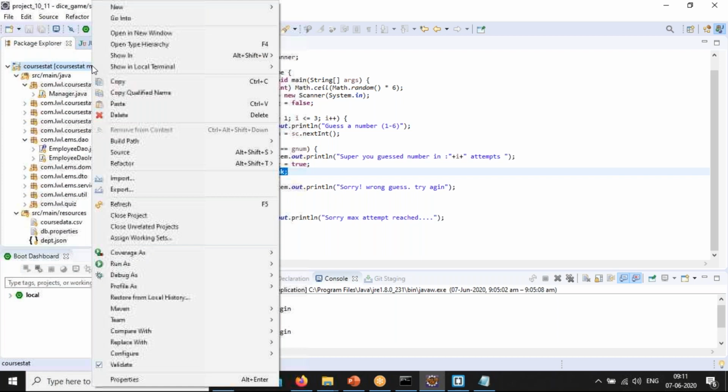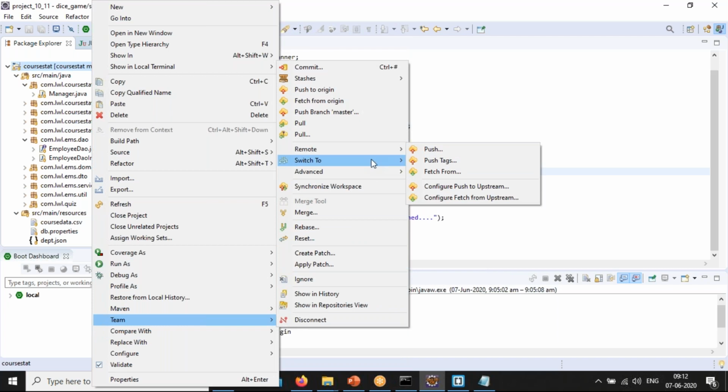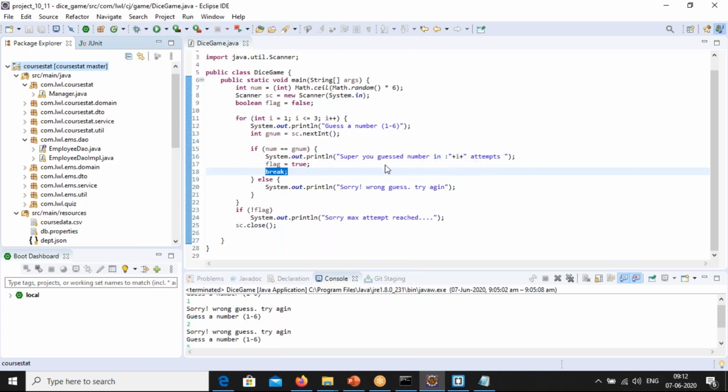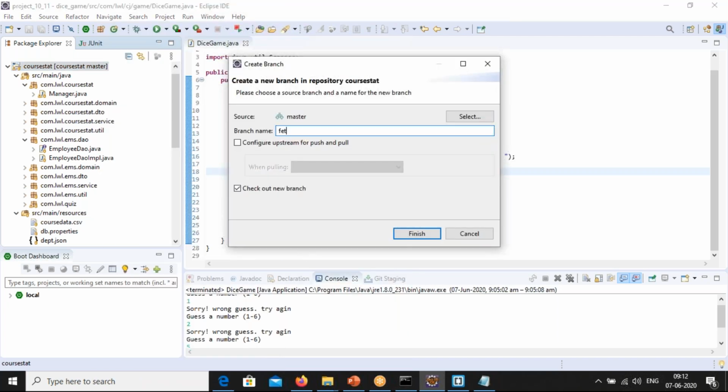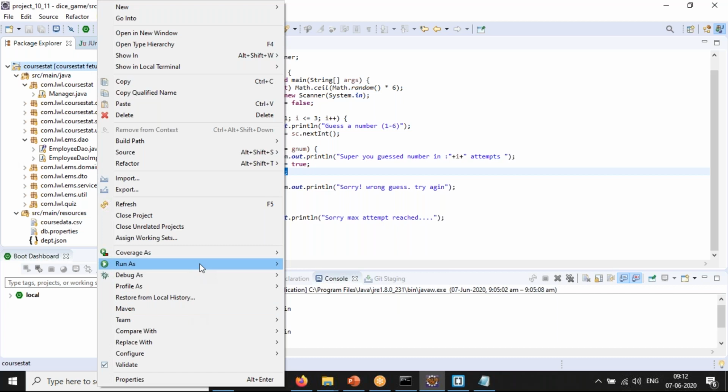Now, it is possible to create a new branch. That concept I'll introduce later, but since you asked, I'm going to tell you. I'm going to create a feature branch, or you can create one more branch here.